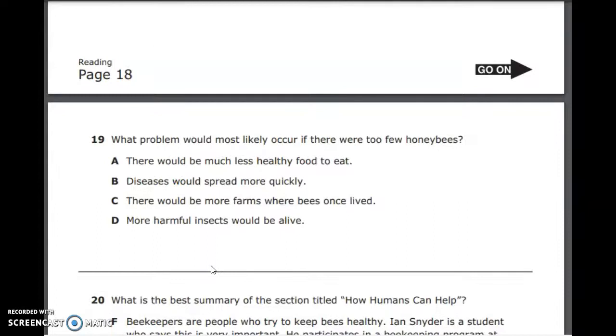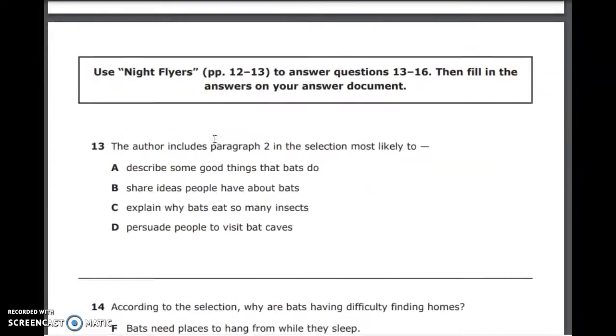Number 19. What problem would most likely occur if there were too few honeybees? A. There will be much less healthy food to eat. That is what we found in our selection, and that was found in paragraph